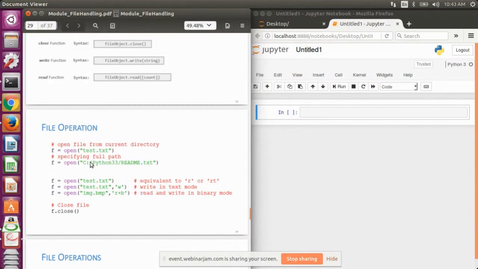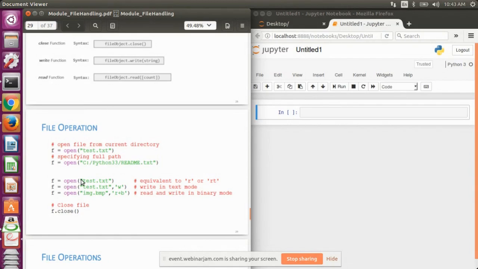Like here, we are defining the absolute path. The relative path means you can use the double dots, then slash, then the name of the folder. That means you are defining the path relative to the current directory. If you have studied the relative path, you will have the idea what I mean.